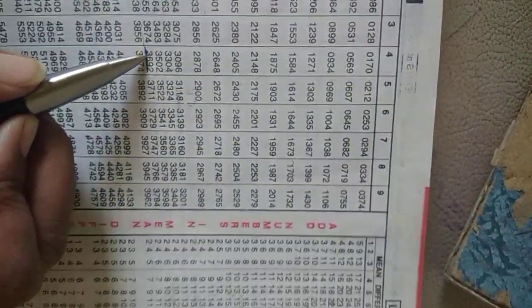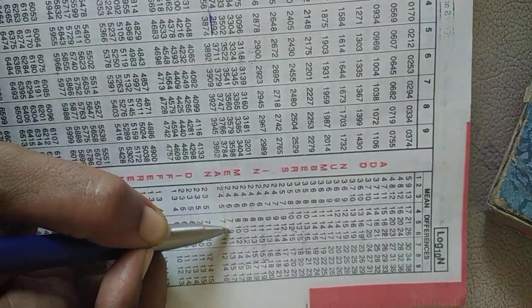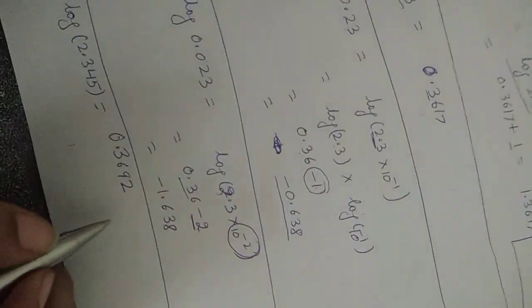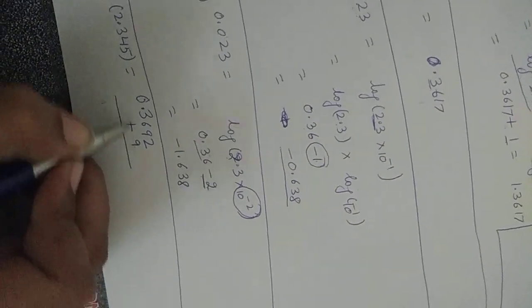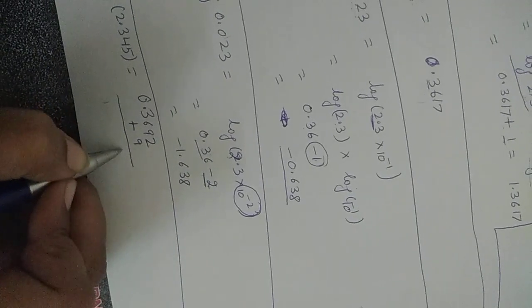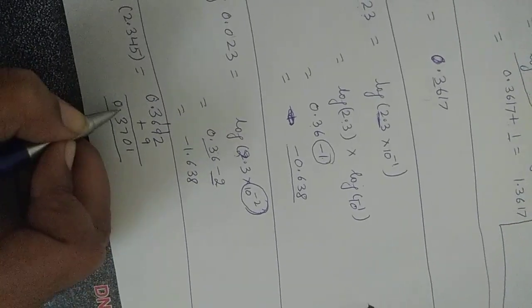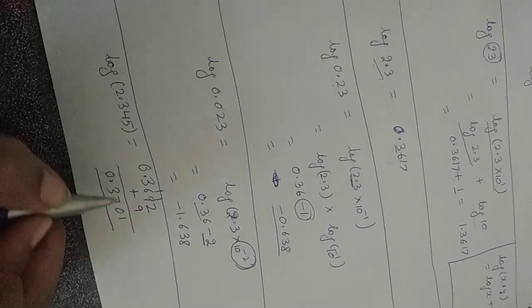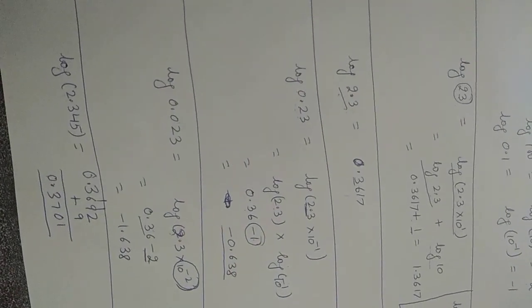But still our 5 is still missing. So up to 4 we calculated. Drag in the same line. Keep on dragging where you find 5. Here it's written 9. So this 9 you have to add here to this number. Now don't add it in the front. Add here. So it becomes 0.3701. So the answer for log 2.345 is 0.3701. This is how we see the log table.